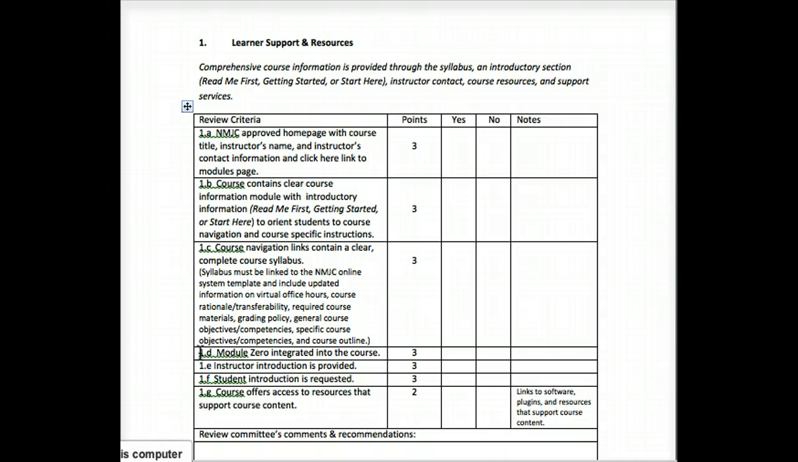All right, so 1D, Module 0 integrated to the course. Module 0 is a required element in all courses, all online courses, let me say. It should give students at least one opportunity to work with every Canvas tool that you're using in your course. If you have quizzes in your class, students should be given an opportunity to take a quiz so they can use the tool before they ever take a test